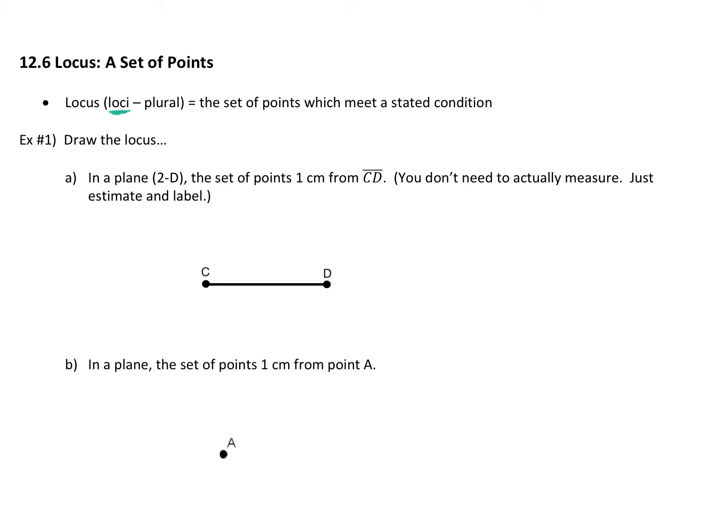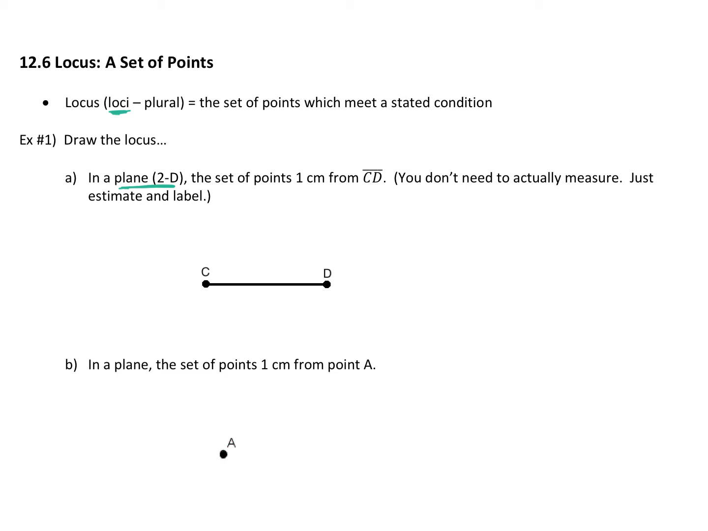This first one says in a plane, okay? Now, every time we do in a plane, we are talking two-dimensionally. If they say in space, what do you think we're talking? Three-dimensionally, okay? So in a plane, two-dimensional, they want the set of points that are 1 centimeter from segment CD,